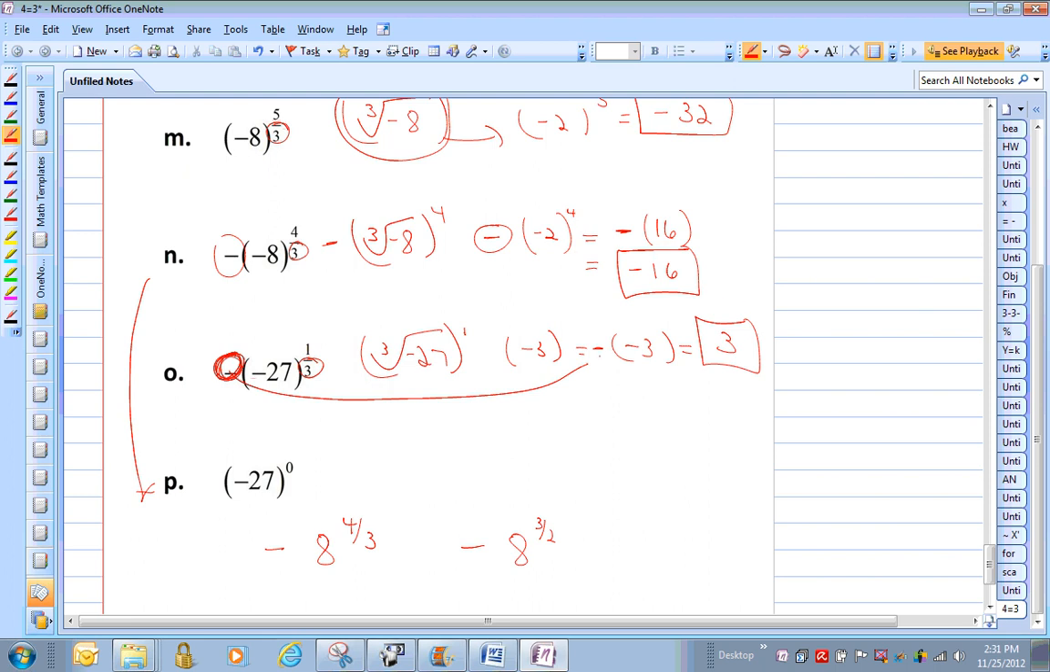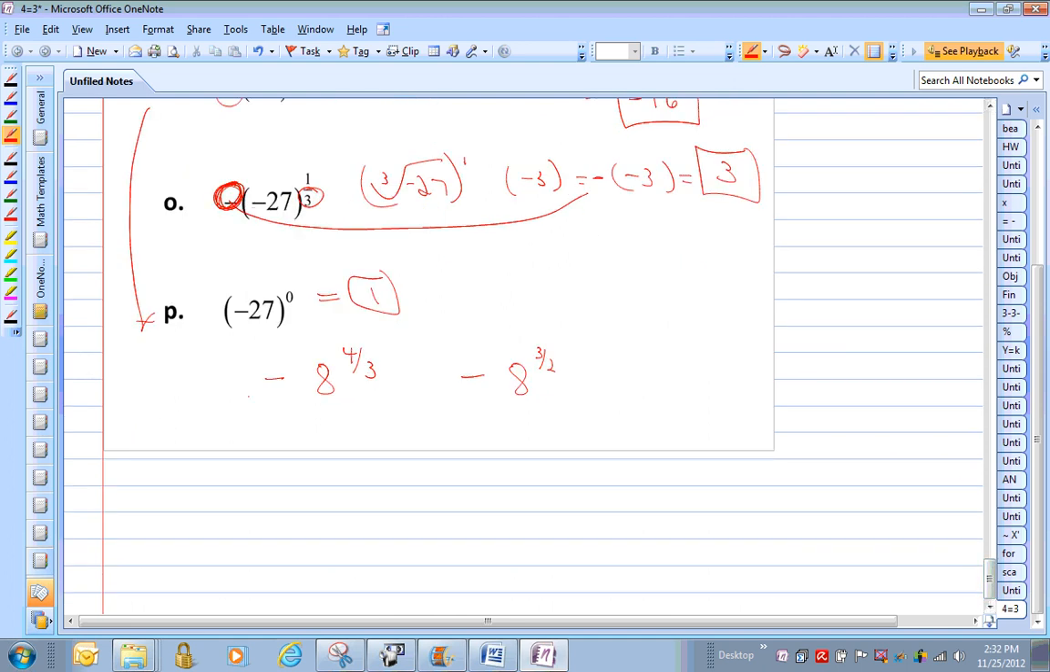Again, these are really important, that you pay attention to these and really understand your negatives. Finally, this one is pretty easy. It doesn't matter if it's negative, positive, anything to the 0 power would be 1. Okay, would be 1. Now, let's talk about these last 2 little problems down here just as a little side